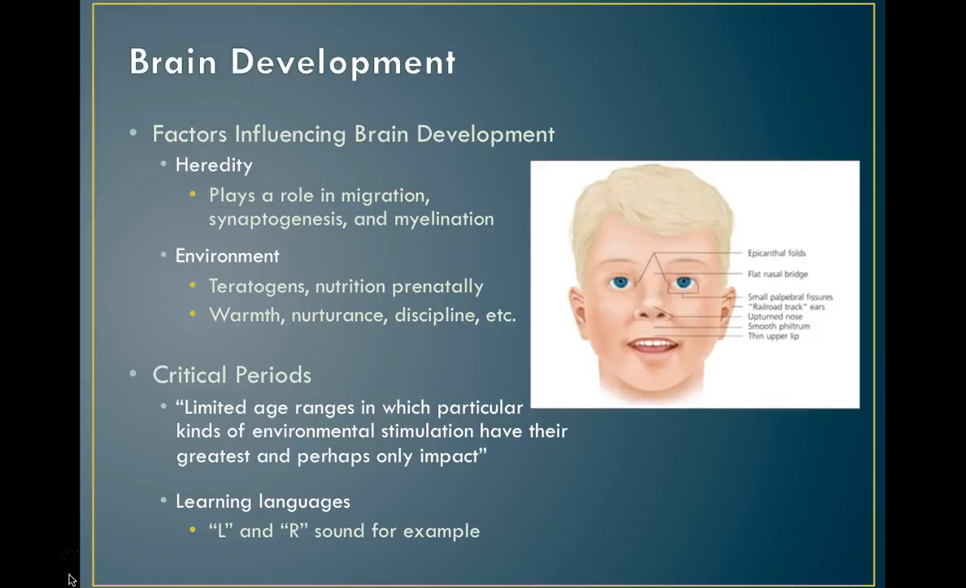And then finally, it's important to note these critical periods. So critical periods are limited age ranges in which particular kinds of environmental stimulation have the greatest and perhaps in some cases only impact. So a great example of that is learning other languages. So we think the critical period for this tends to be, kind of the younger you are, the easier it is to learn a second language, right? The older you are, especially after you kind of hit the teenage years, the harder and harder it is to